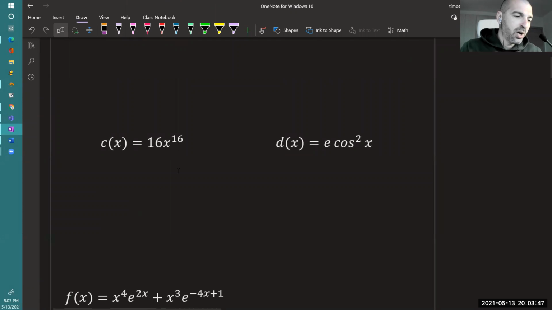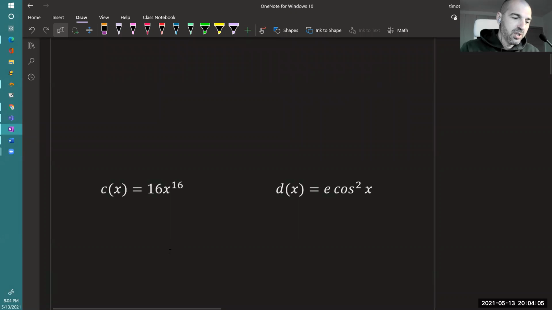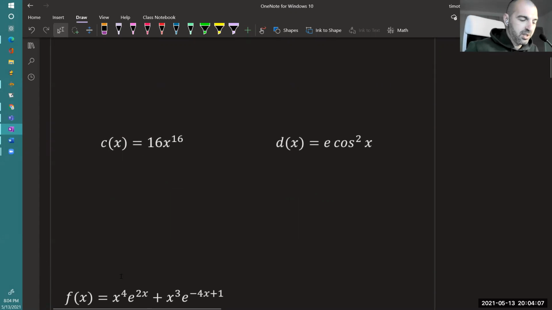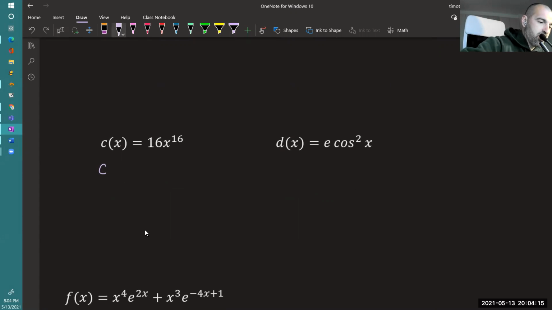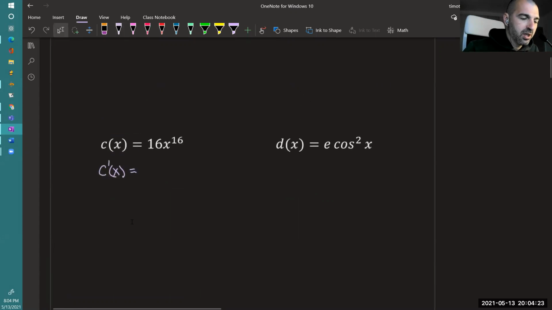Here's one. I always like to put these on tests very close to each other. Look at that, 16x to the 16th. And then here I put 16 times 16 to the x. Just to remind students that the exponent rule and the power rule are different. All right, so here we got this one. Oh, something happened. Funny light flash. So c prime of x here is